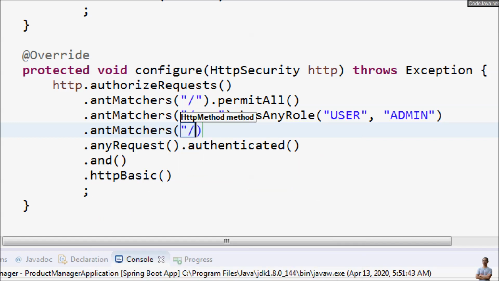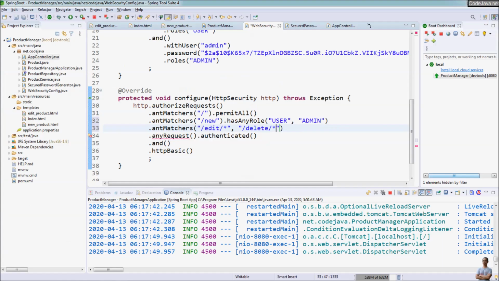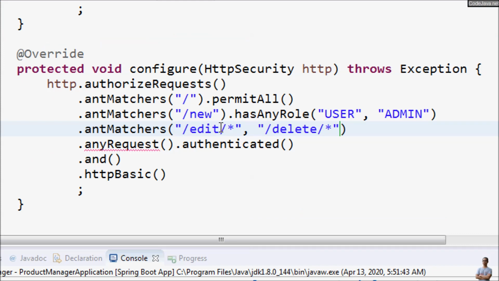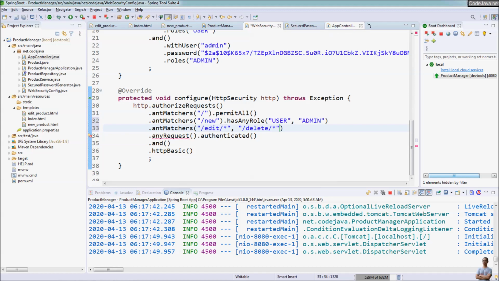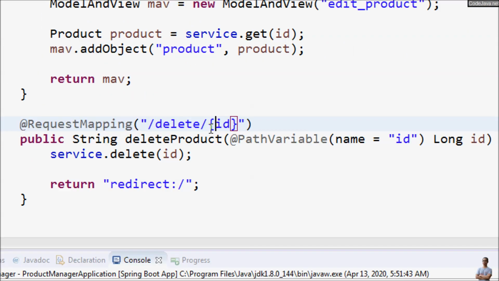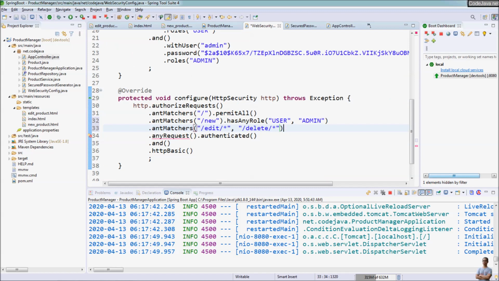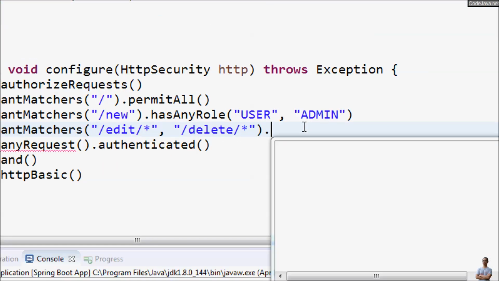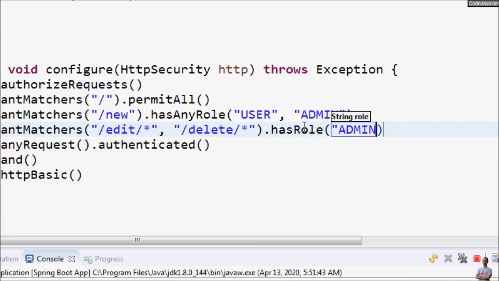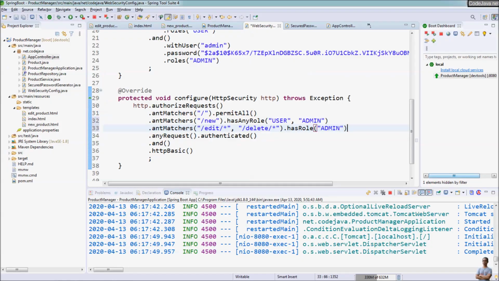But for the edit, the user must have role admin. Edit or delete. The reason I'm using the Ant pattern /edit/** is because you see in the controller class here, the URL is followed by the ID of the product, and with this URL, the user must have the role admin to edit or delete a product. Save,